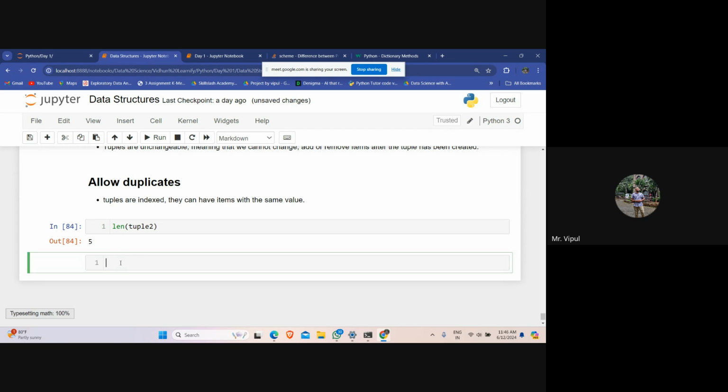Now, one more quick point over here is, suppose you want to add only one element in the tuple. What do you have to do for that?